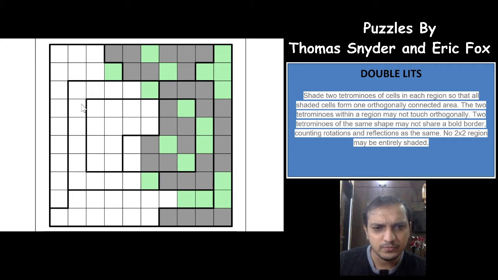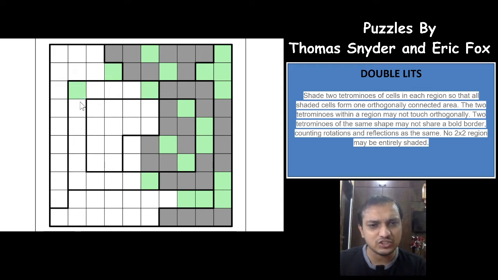This region now has 12 cells, out of which 9 will be used, which means 3 cells are remaining, and you have 3 degrees of freedom, which means you can still shade one cell in both the directions. So this cell will have to be shaded and this cell will have to be shaded. Again I will brief you. You have 12 cells remaining, 9 cells at a minimum will have to be used, which means 3 are extra cells, and which means you'll have 3 degrees of freedom, and out of 4, minus 3 degrees of freedom, at least 1 cell can be shaded and this will be shaded.